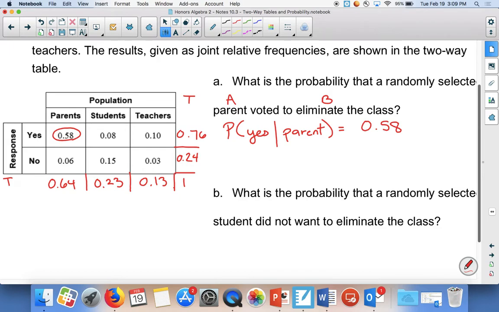That goes on top. So then, what's the probability that they are a parent? That's your probability of A. So that is the 0.64. And you just divide that, and you get 0.906. Okay, take a second, read through the other ones, and then